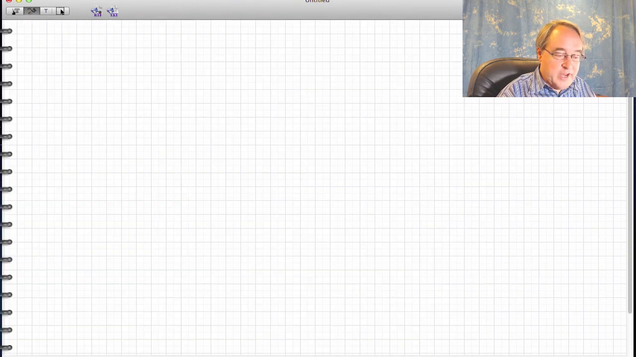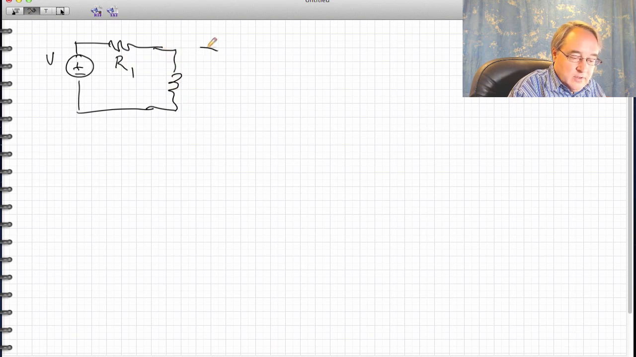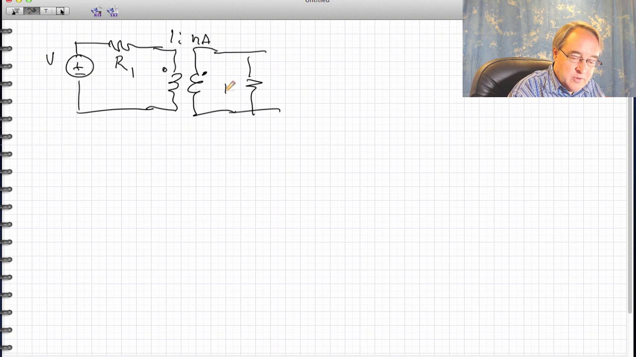Let's do an example now. Suppose we have, say, a voltage source, and let's take some larger circuit, maybe with a resistor R1, some transformer with a turns ratio, let's say 1 to NA. Maybe we have another resistor here, of value R2,